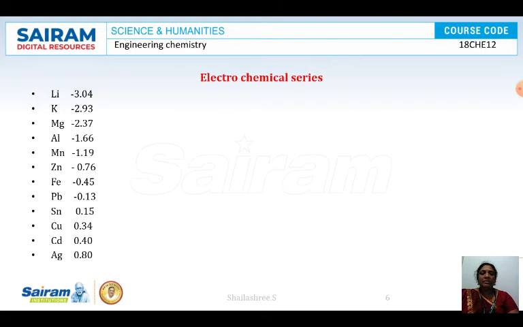Clear? See the electrochemical series, this is for your information. Here is iron. If you coat iron with any metal present above it in the series, such as zinc, magnesium or aluminium, most often iron will be coated with zinc or magnesium only, because they should be cheaply available and should also protect against corrosion. Seen from different angles, the most suitable are magnesium and zinc, so usually iron is coated with magnesium or zinc.